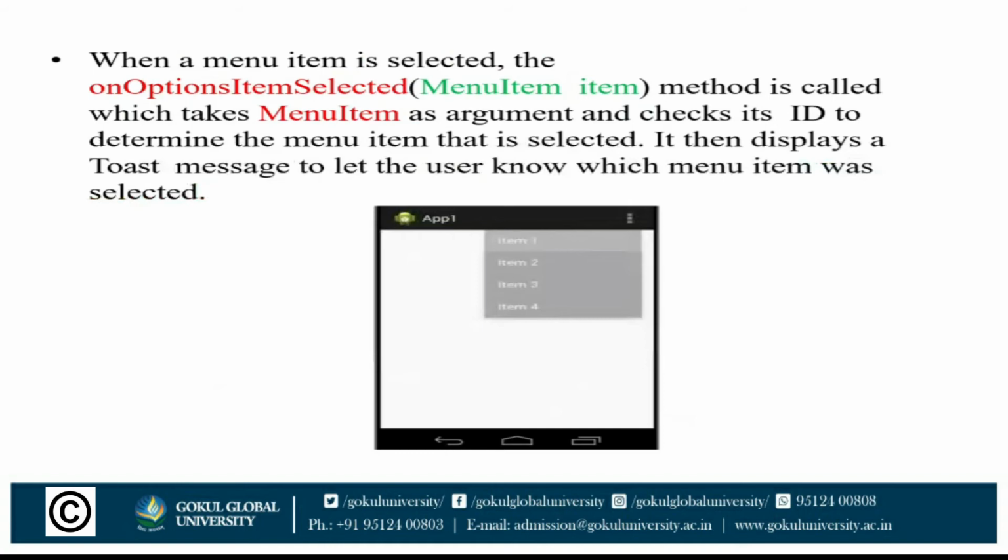It is the group identifier that the menu item should be part of. Use 0 if an item is not in a group. Second one is item ID, a unique item ID. Third one is order, the order in which the item should be displayed. And fourth one is title, the text to display for the menu item.